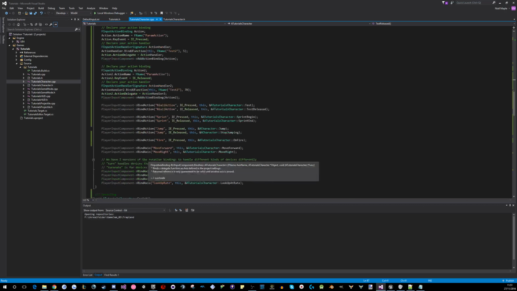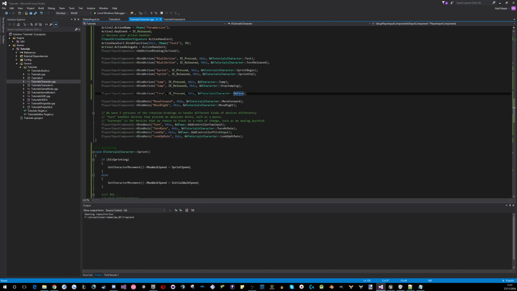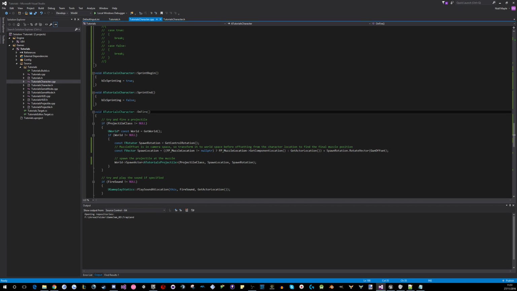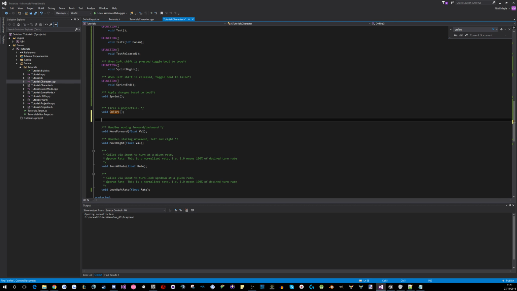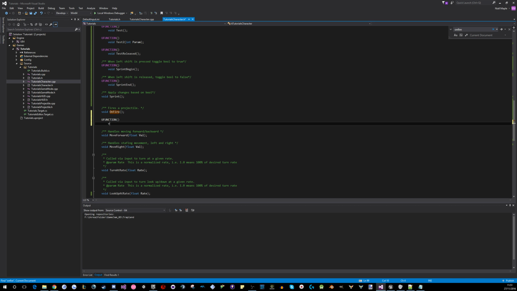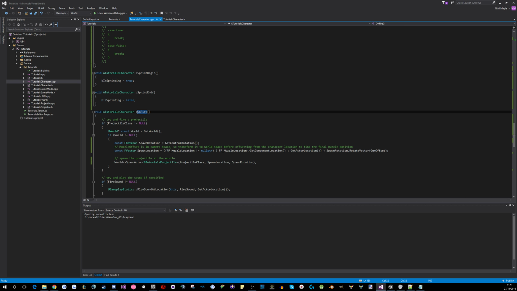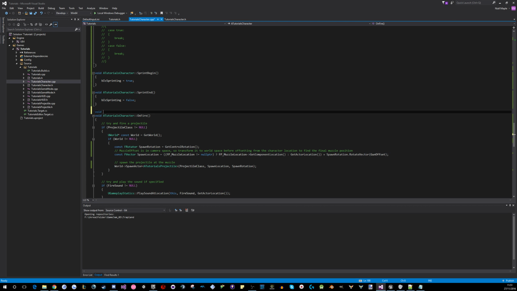So to get this working, what I'm going to do is we'll keep the on fire function, just for a sec for the reference. But we'll make our own raycast. So here, right above it,